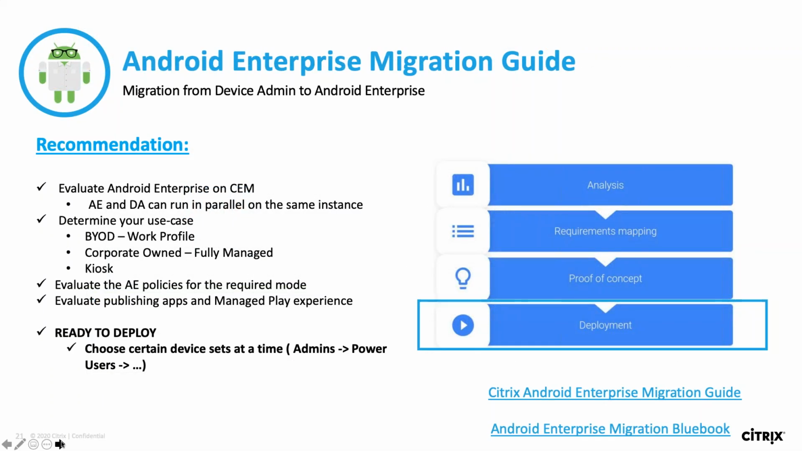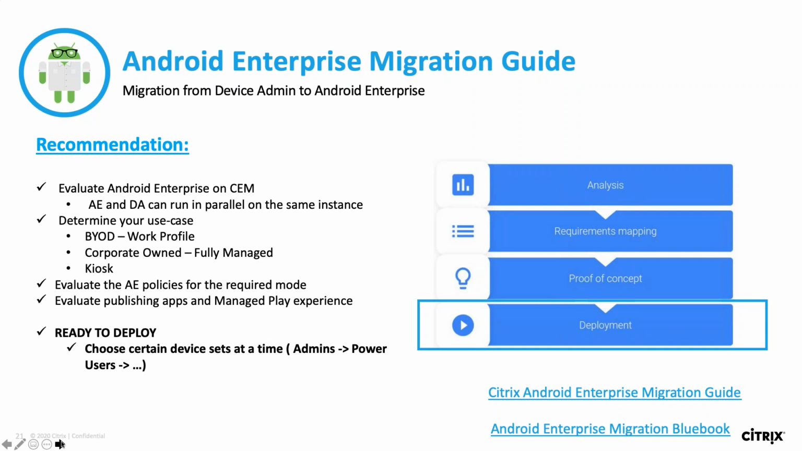All right, so with that, you have done one of the main, the few key things to move that needle from DA to AE. You have evaluated it. You have determined your use case. You have evaluated the AE policies that are currently available on Citrix, how the app management works, how you are going to publish these apps, and just make sure that when you do that, please select the Android Enterprise platform,